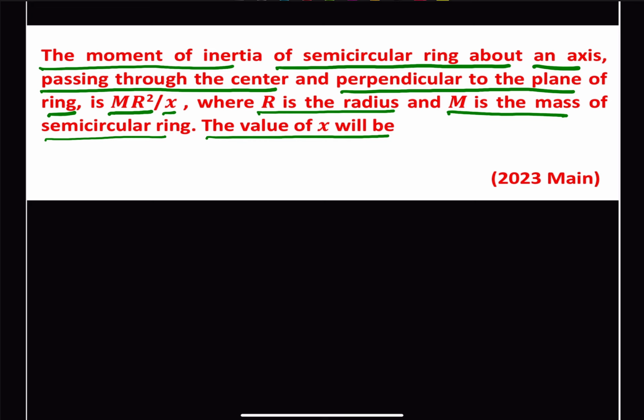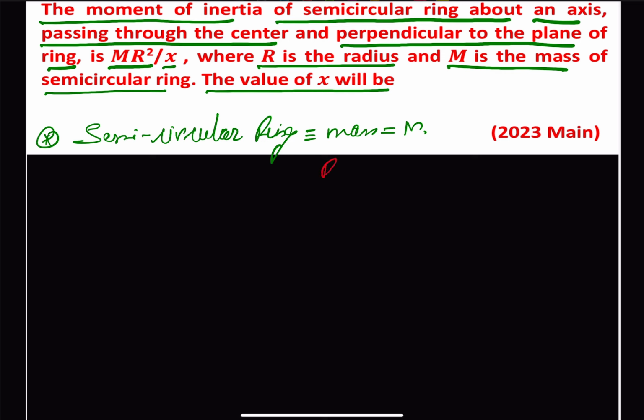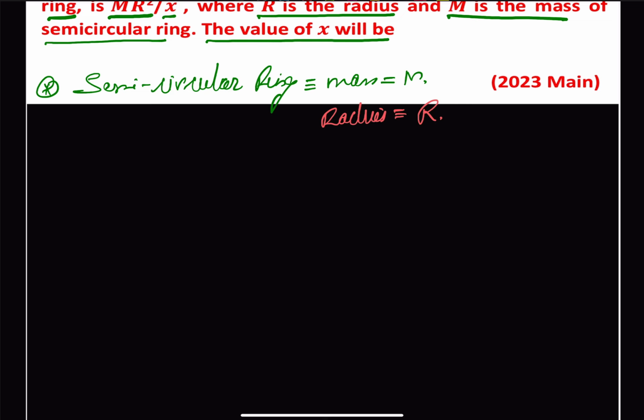So in this case, we are given a semicircular ring, its mass is given as capital M and its radius is given as capital R. Okay, and we can draw an approximate figure for that. So this is a semicircular ring,